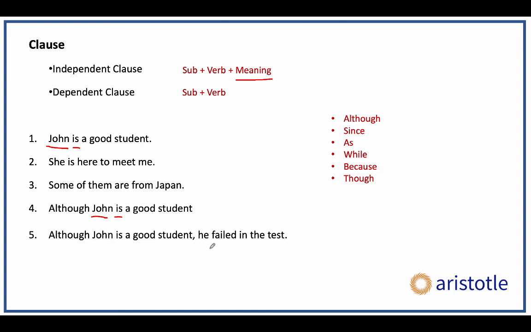Students sometimes wonder, why do we have to know all this? Well, nobody on the GMAT is going to ask you whether a particular clause is dependent or independent. But when we look at the next video, which is on run-on sentences, then you will understand why it is very useful if you're able to identify dependent and independent clauses. So that's it for independent and dependent clauses. Do watch the next video on run-on sentences to see how this is tested on the GMAT.